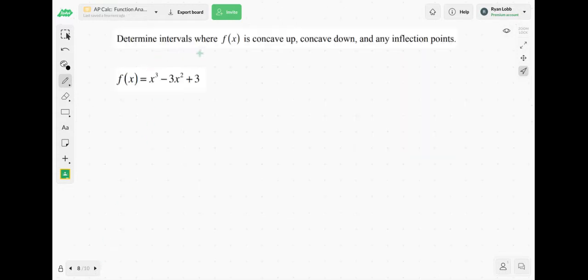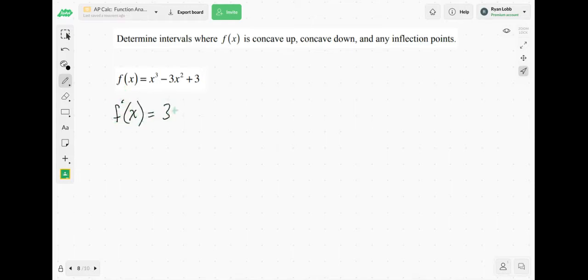So here, determine intervals where f is concave up, concave down, and any inflection points, okay? And we'll get to the inflection points. I'll put some notes in there on what inflection points are. So here, we want to find where this function's concave up or down, which means I need to know where f prime's increasing or decreasing. So we're going to need f prime,